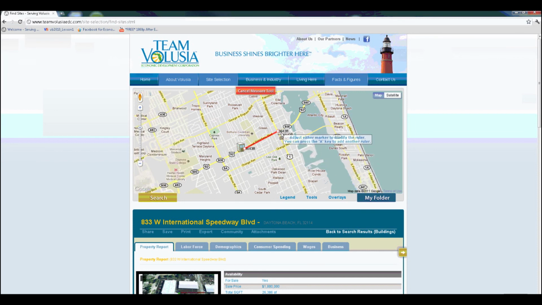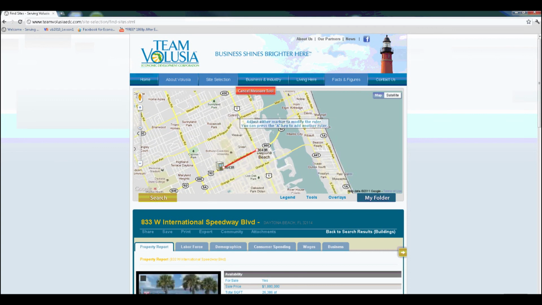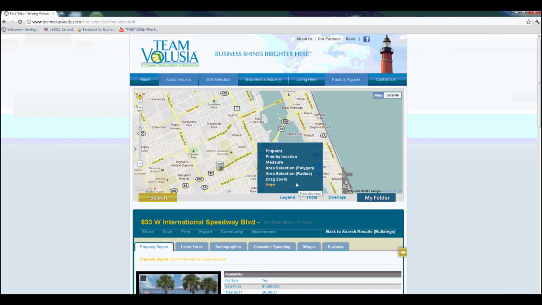You can also add. If you want to add another one, you need to hit A. And then we can check the distance from here to that intersection. So it's a pretty cool feature, and once you want to get rid of it, you just cancel the measure tool. Also, we have the area selection tools, which I showed earlier was a function that we could use when we were trying to search properties. The radius one is pretty simple. So you can click